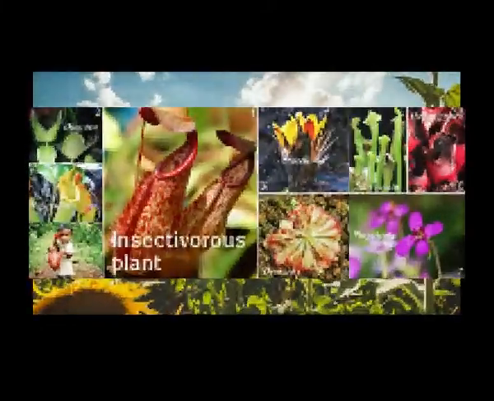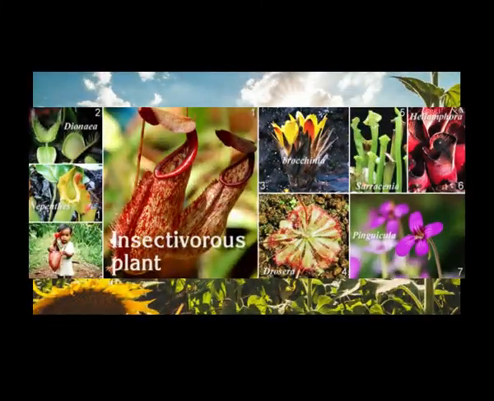Somewhat similar turgor movements are found in insectivorous plants whose leaves close up to entrap a living prey. Some other examples are the bending of certain flowers towards the sun, like the sunflower, you might have seen the bending movement of these flowers towards the sun, and the sleeping movement of the leaves of certain plants at night. These are also due to turgor movement. This is what we call turgor movement.